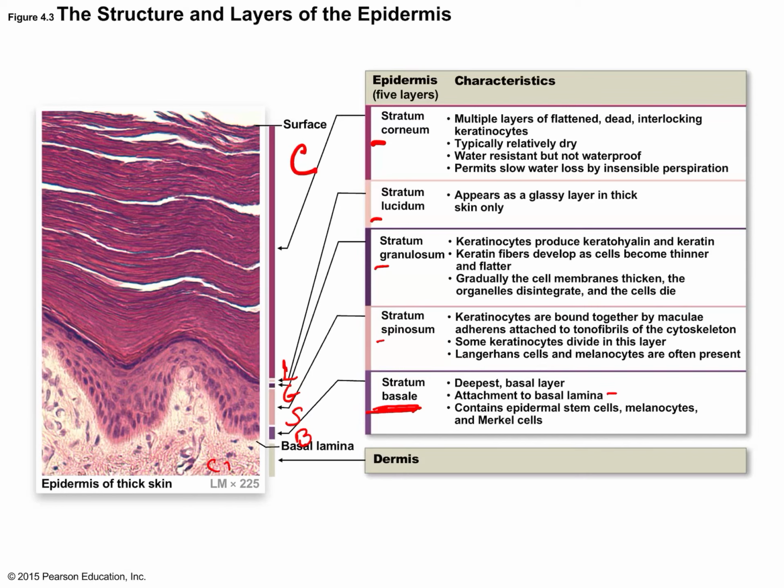This is connective tissue, and this is areolar connective tissue. All right, it contains your stem cells. You knew this already, because anytime you have a stratified epithelium, the bottommost layer contains the regenerative cells, the stem cells. So when your skin regenerates, it regenerates from this layer. Actually, I should say when your epidermis regenerates. It also contains melanocytes and things called Merkel cells. So let's take a look at